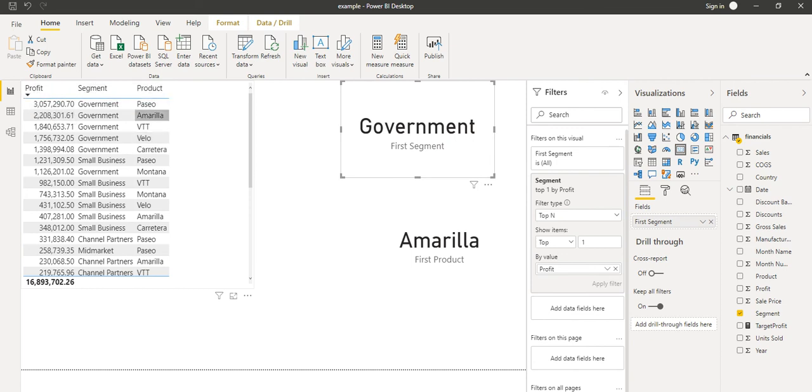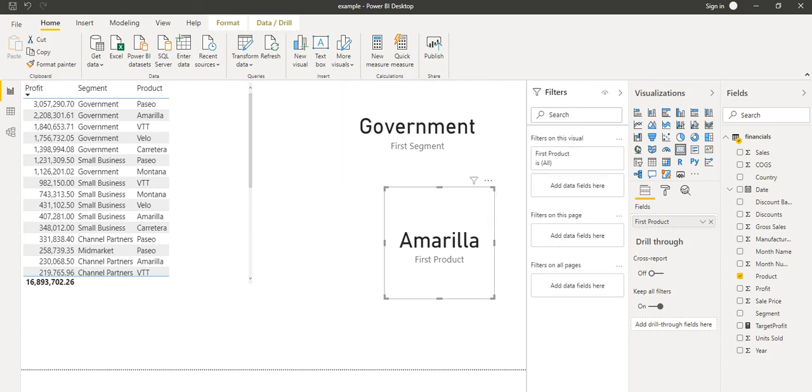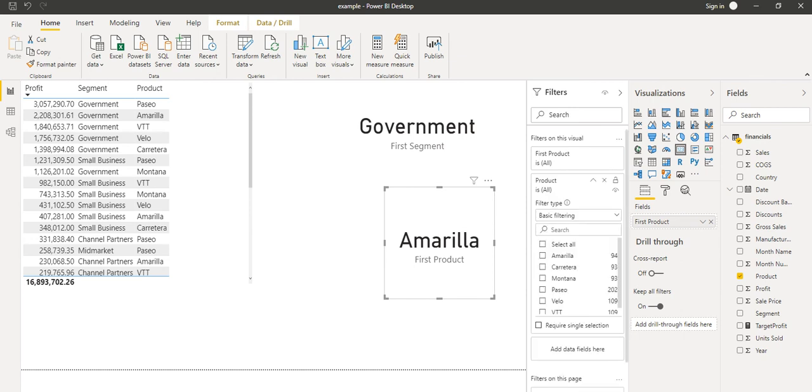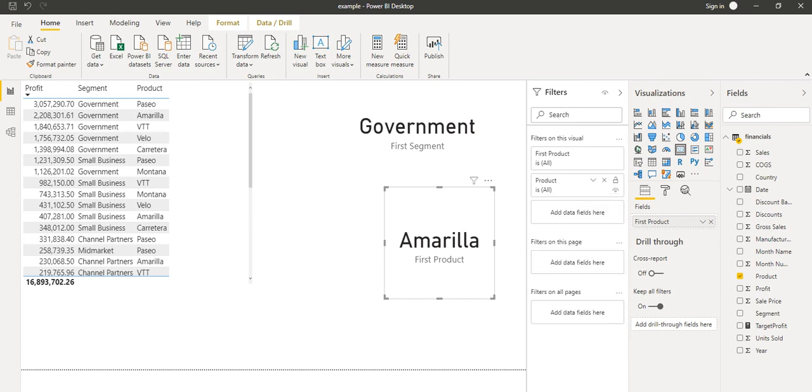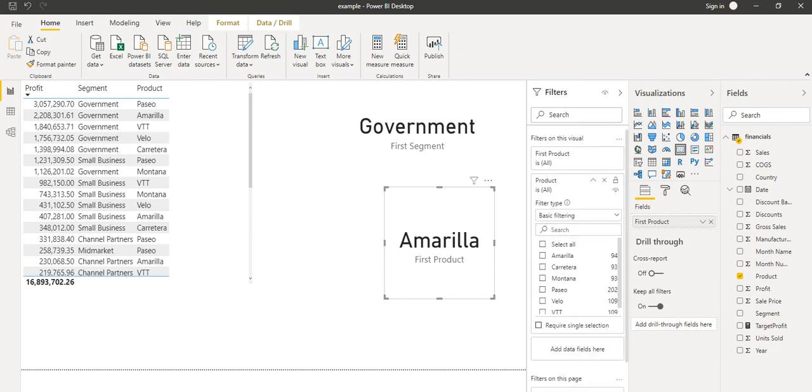And the same we can do for the product also. What are the steps we have to do? First we have to click on that card, and for which data field you want to show the data, let's select the product here. Once we select the product, we can see it is showing the arrow here. When we click on this, we choose what kind of filter we want.